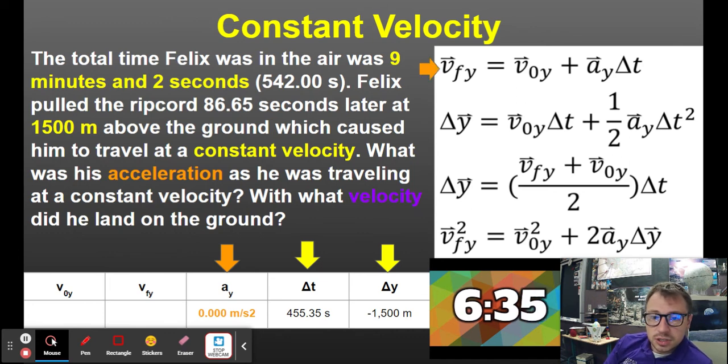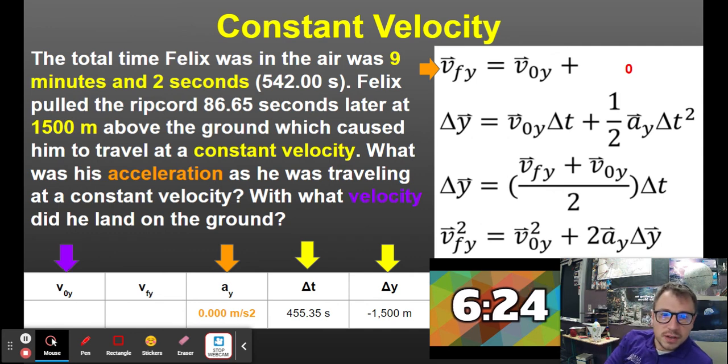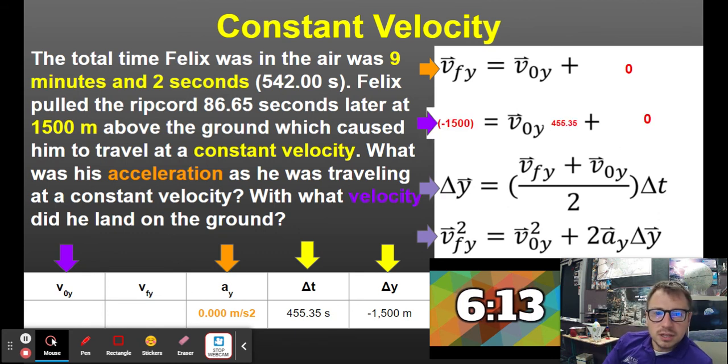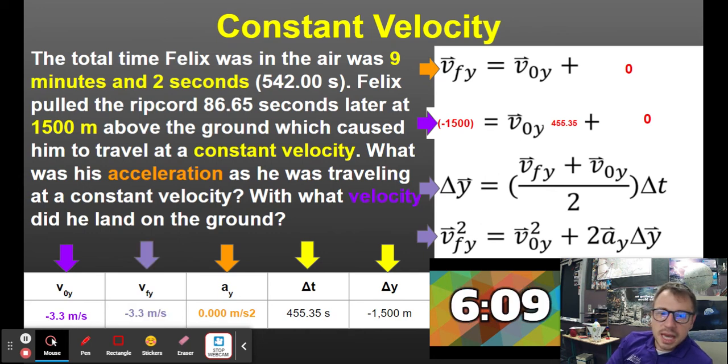I'm going to use that first equation to solve, and here's why. The final velocity is the initial velocity, so that's what that means. If I solve for the initial velocity or final velocity, it doesn't matter, but I'm going to use that first equation. The final velocity will be the initial velocity because he's not accelerating. So now I can use this equation to calculate that initial velocity. He's going to land with the same velocity, negative 3.3 meters per second, safely